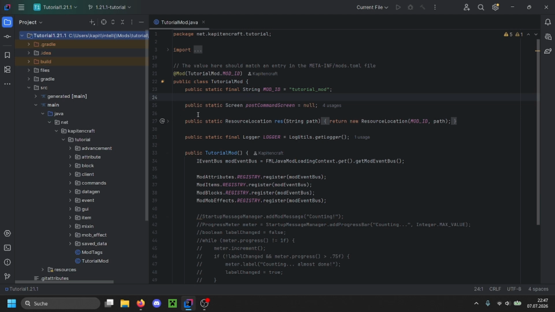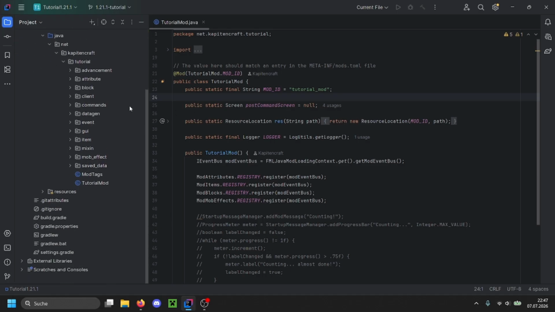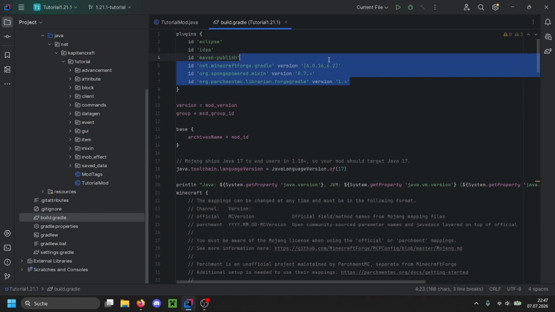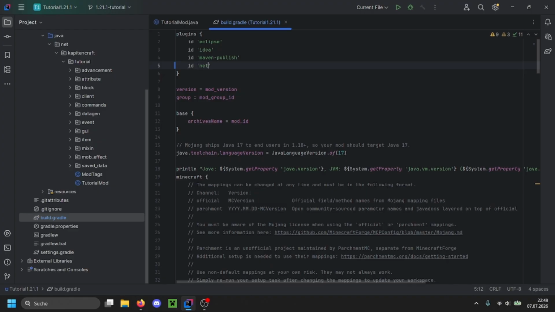In this tutorial we'll be having a look at how to update a 1.20.1 Forge to a 1.21.1 NeoForge mod. First of all, we'll have to do a lot of changes in the build.gradle file. Now we're removing all of the Forge, Gradle, Mixin and Parchment plugins and replacing them with the net.neoforged